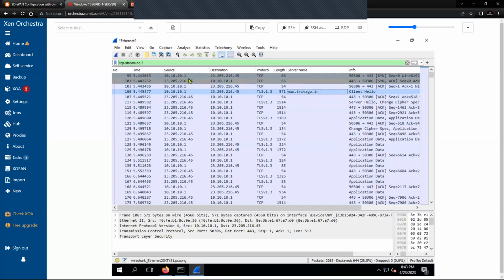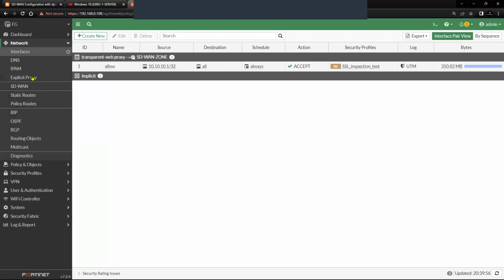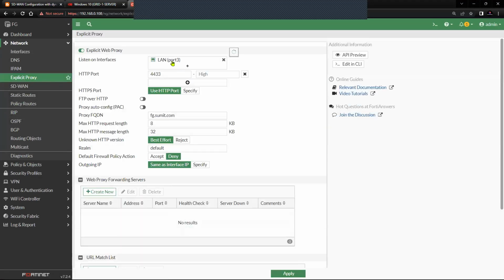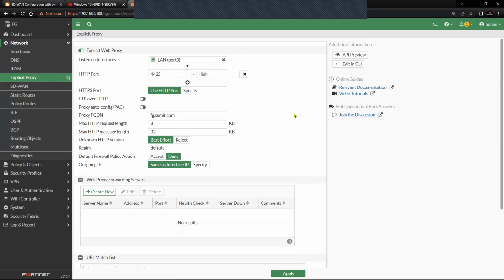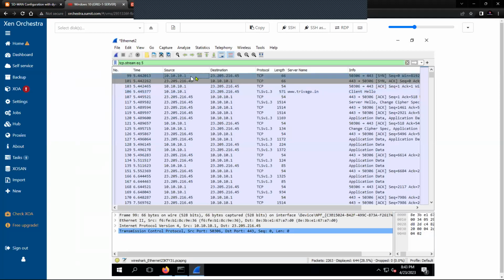In the explicit proxy, the destination used to be the firewall explicit proxy server IP, which was, I'm sorry, 10.10.10.108 in our case, which was the LAN interface IP, 10.10.10.108, port 44433. But in transparent proxy, you see that the client is actually initiating the traffic directly to the destination,